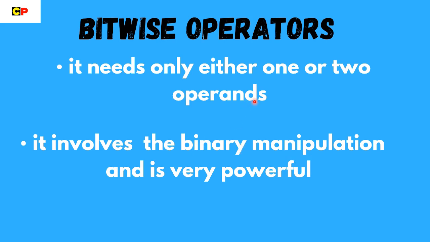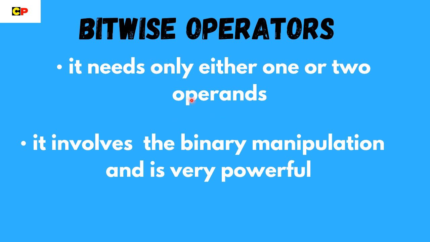So suppose you have two operands as discussed earlier, A and B, and you want to use bitwise operators on A and B. Let's say A has some integer value, let's say 3, and B has some value, 7. So what happens in this bitwise operation is that first the value of A, which is 3, will be converted into binary, and then the value of B will also be converted into binary. Then